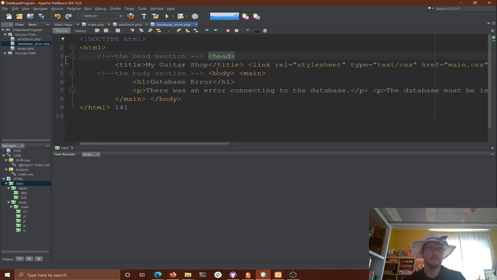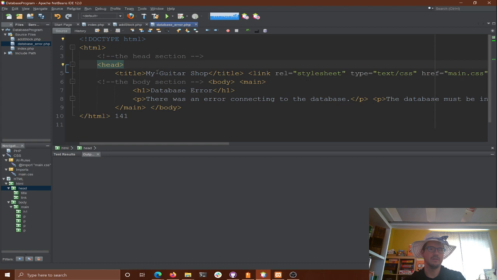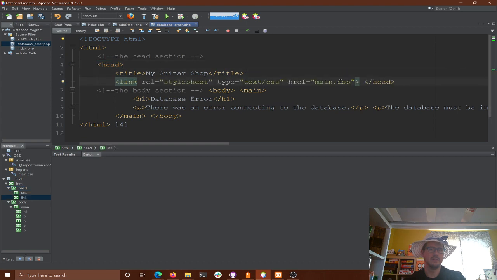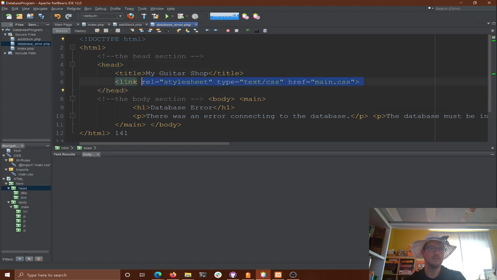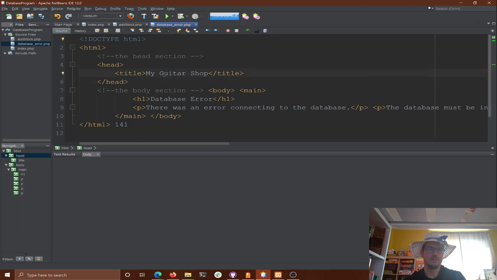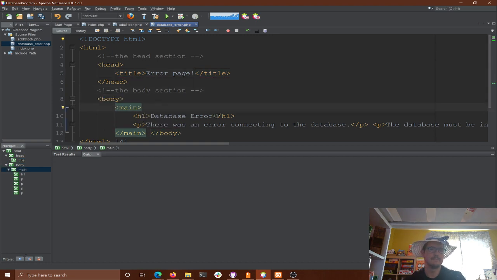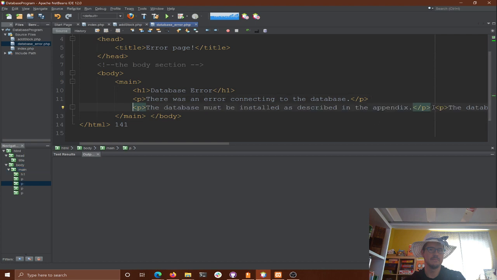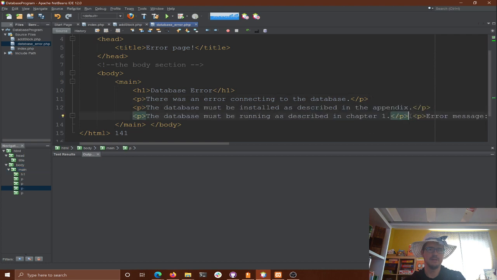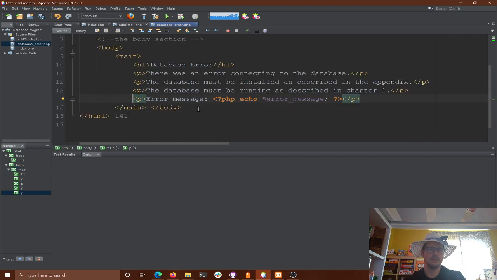Didn't format it exactly like I wanted, but that's okay. Title, link, and we don't even need any CSS either. This is error page. Okay, we're getting there. Stealing this right from the book.